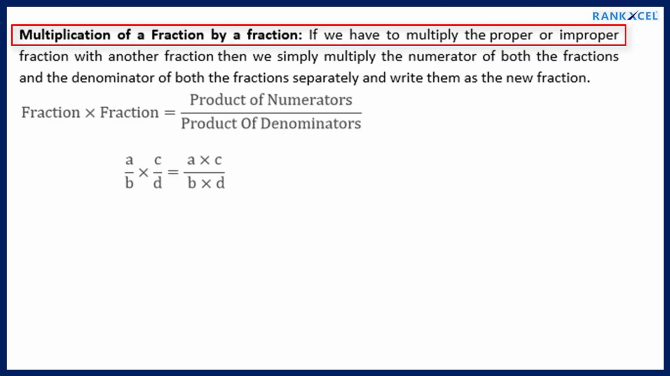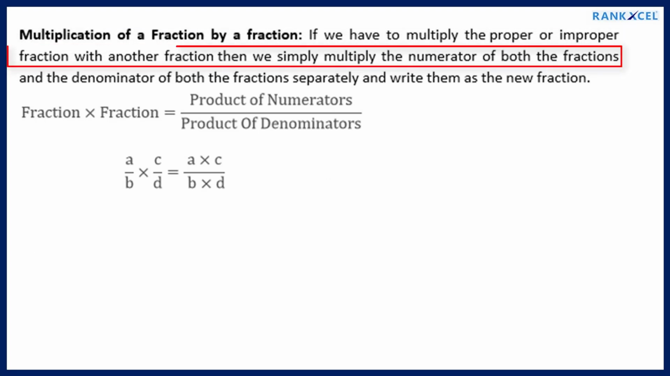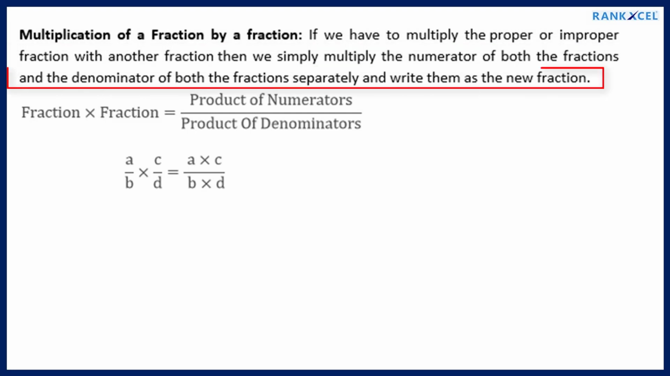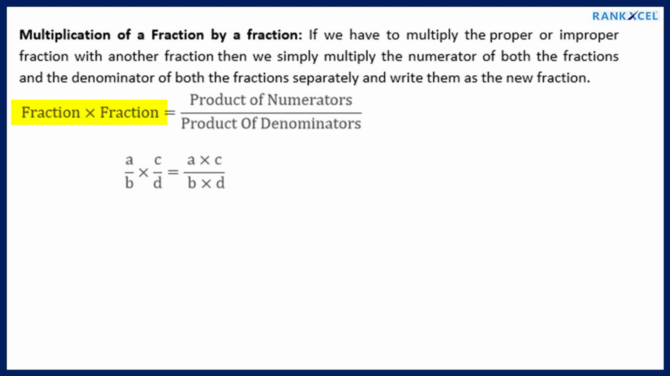Multiplication of a fraction by a fraction. If we have to multiply a proper or improper fraction with another fraction, then we simply multiply the numerators of both the fractions and the denominators of both the fractions separately and write them as the new fraction. Example: